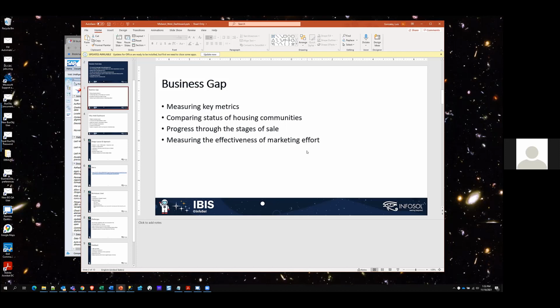We use the same standard objects in Salesforce to capture that, and they have that here, and he wants to show the continuation of the metrics or the leads as they flow through the system, and in doing that they want to also compare the status of the housing communities,